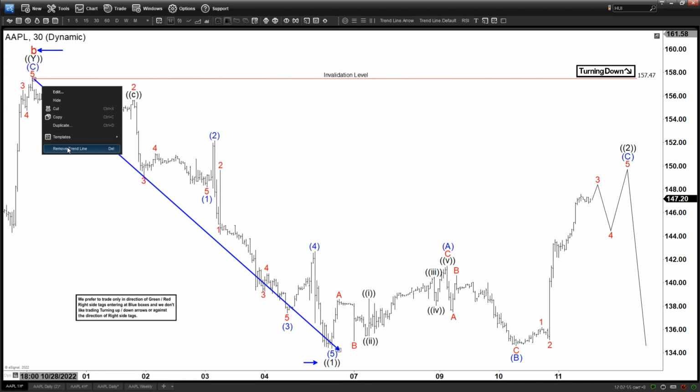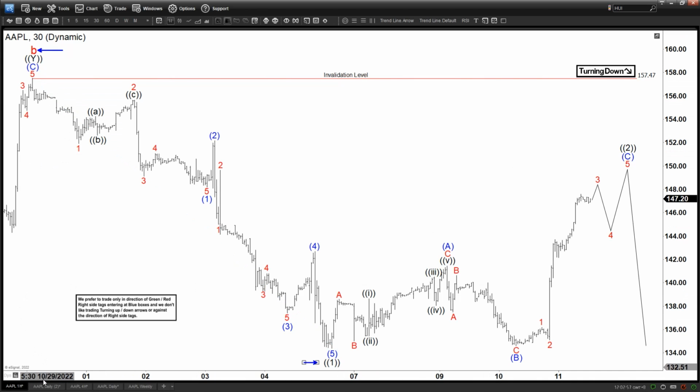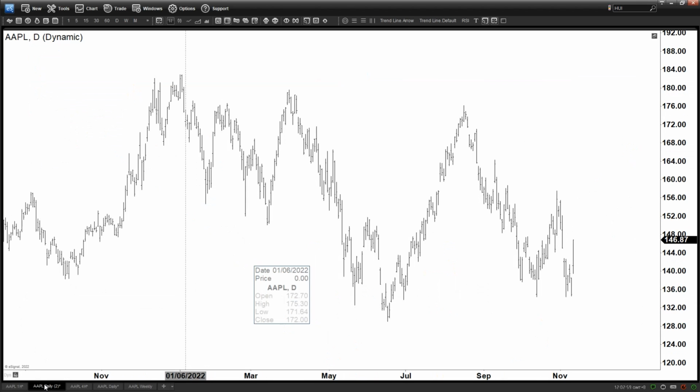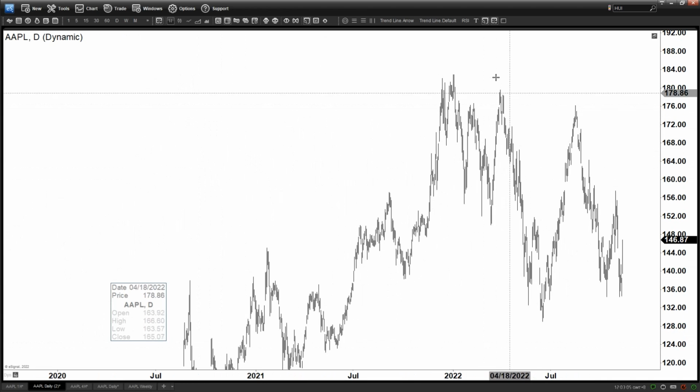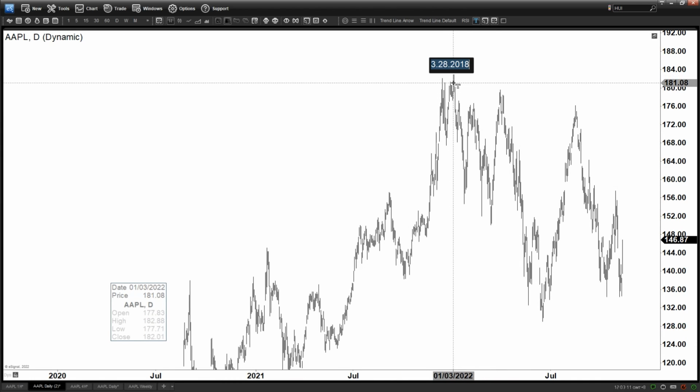All right, so let me zoom out to the daily time frame. Let's see where we are. So in a way, if you look at the daily time frame, you see that this is the all-time high on January 2022. So from here